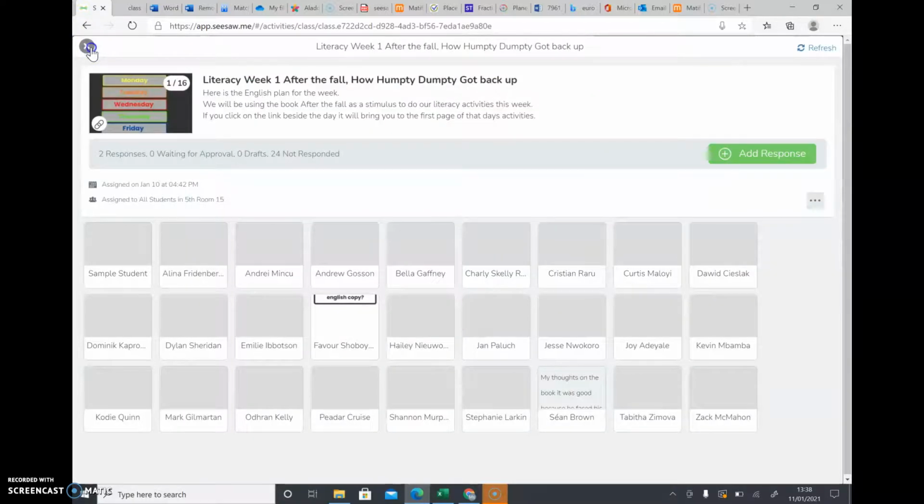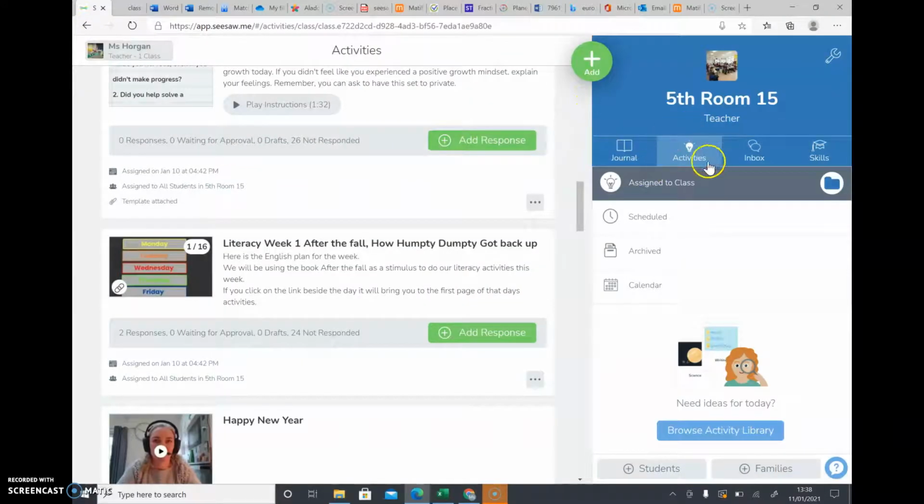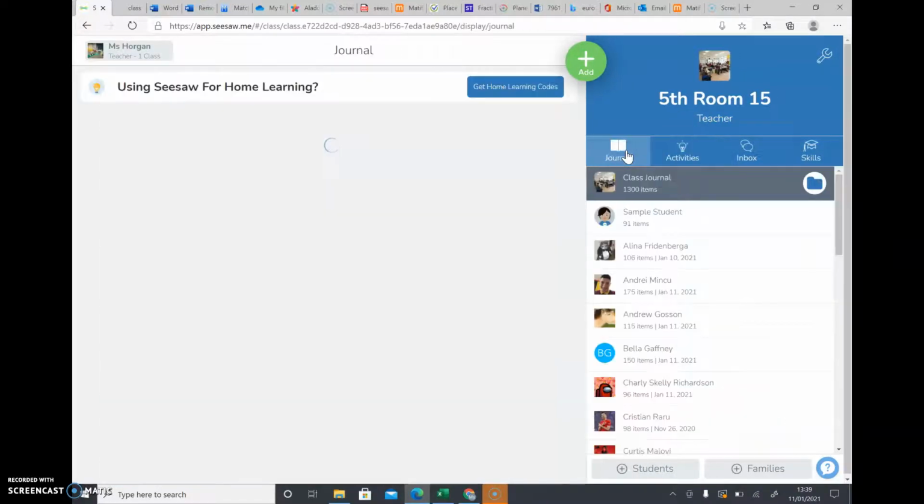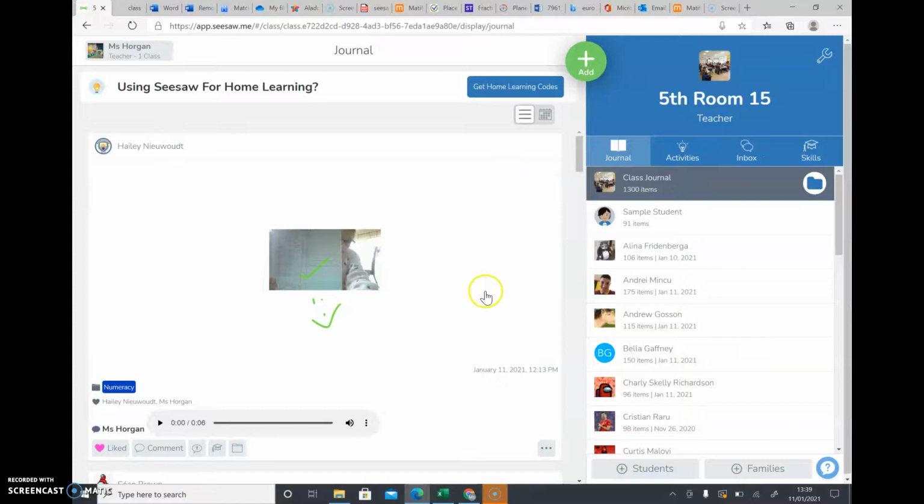Okay, so you'll find it all underneath activities. So see here, activities, and then you will also see your journal. Okay, so some people have uploaded their work already and I'm correcting it, and so that's where you find everything that you need, all the links that you need will be under